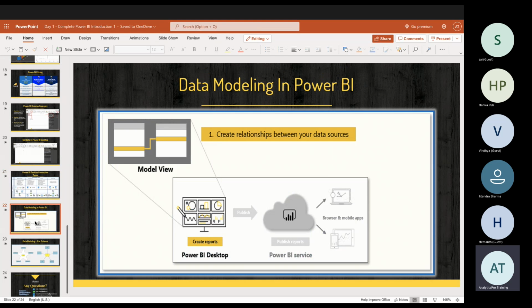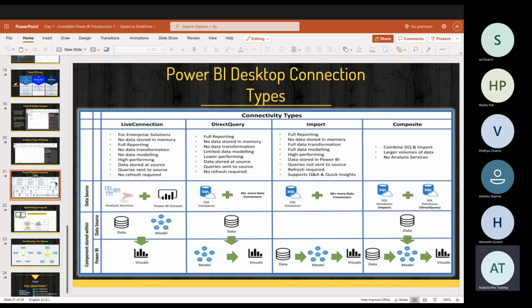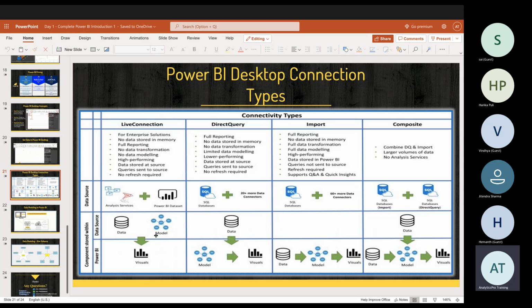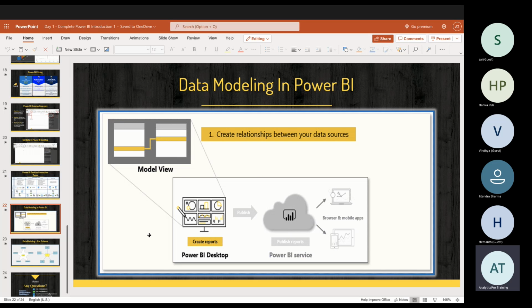And then data modeling. Now, when it comes to your data modeling, I always said, right? We will do some modeling within Power BI. When you do the importing, we will also do some modeling within Power BI, but we cannot do any modeling when it comes to your live connection. But why is it that we are not able to do any modeling in the live connection, or what kind of modeling do we want to do when we are trying to create any reports?